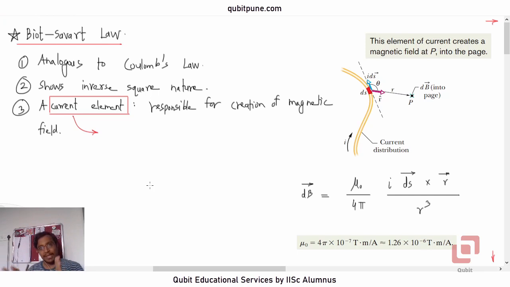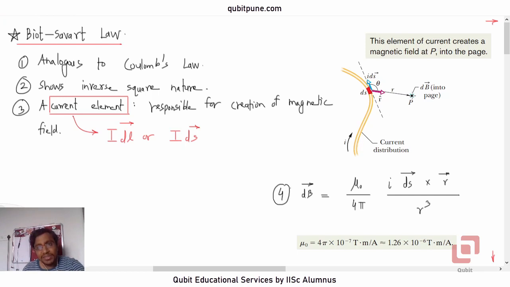How to determine the magnetic field at a point near a current carrying conductor. Quite often we represent the element as I ds bar or I dl bar. Because the currents are steady in this case, currents don't change with time, so the magnetic fields will also not change with time. So this current element is responsible for creation of magnetic field, and now we can go to the mathematical expression for Biot-Savart law. Point 4: we have this current carrying conductor, which is a curved one. It can take any random shape, but we will assume that it is smooth.